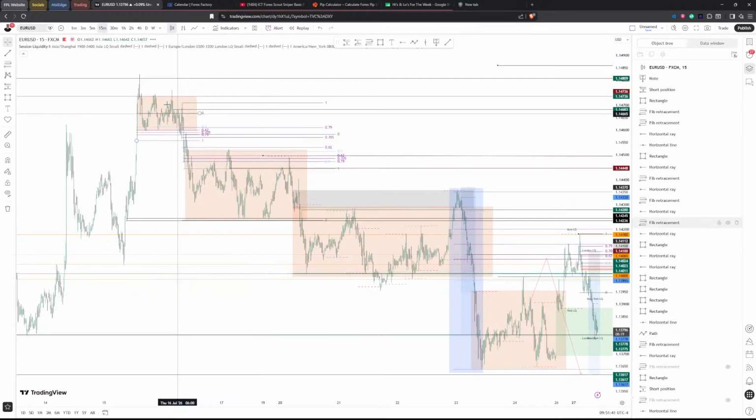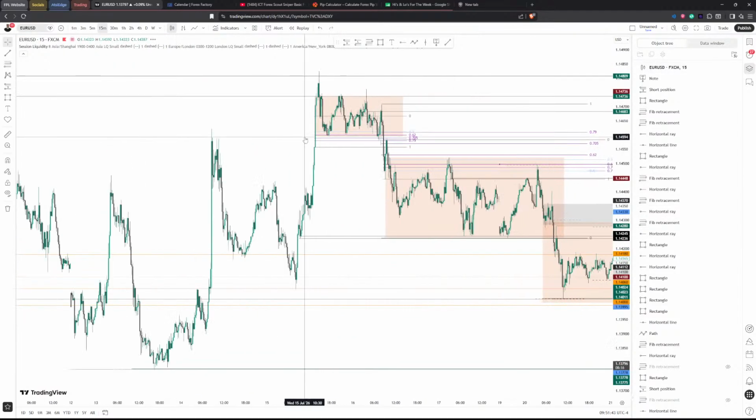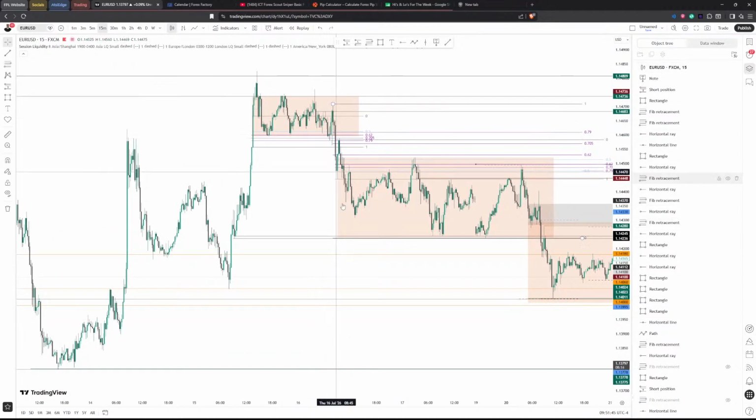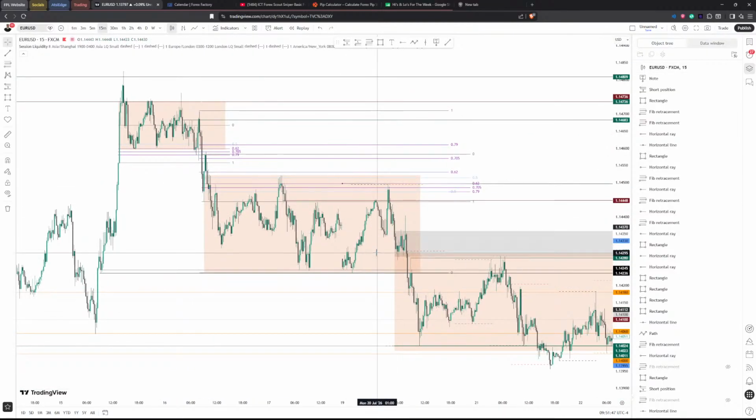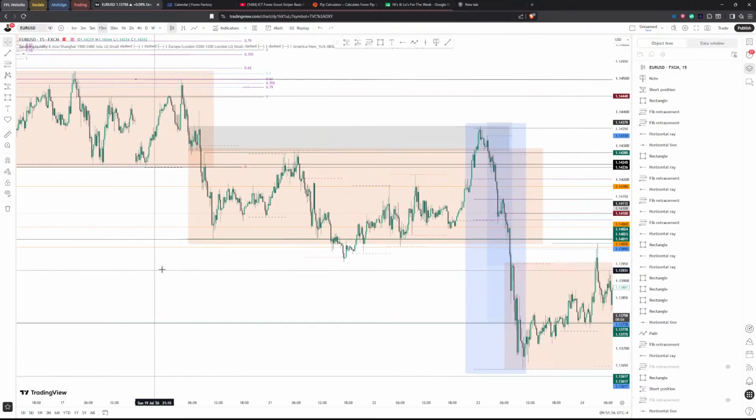Why? If you look back at when price consolidated, normally you would see a sweep happen before that displacement moved down. Here, we didn't get as strong of a sweep. We would have liked to take out these highs. But what happened is we went up, took out these highs instead, and then we went down. So here we consolidated, we went up, took out this high, didn't take out this one, but this is an order block, this is institutional order flow. And then we took out these smaller term highs here, and then we went down.